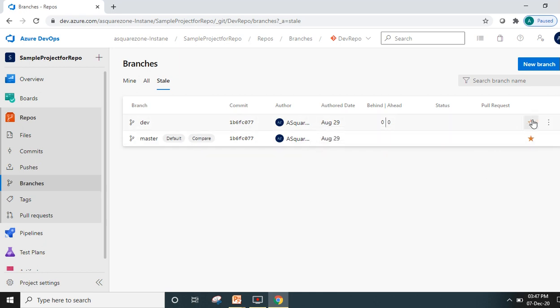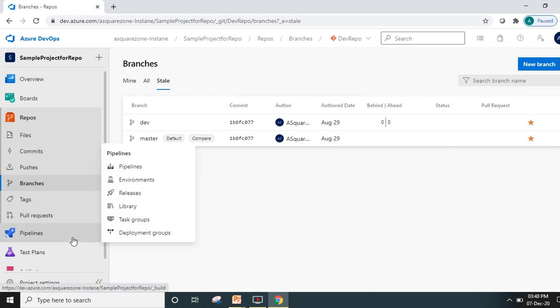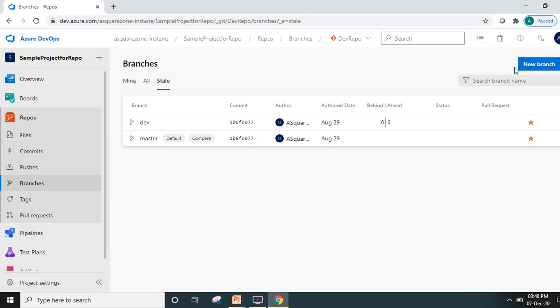And we have another option, add to favorite. Using this star, we can click on this one and it becomes a favorite. Here we also have pull request, and using pull request we can communicate from one branch to another branch. If we have a couple of branches, we can search based on branch name.